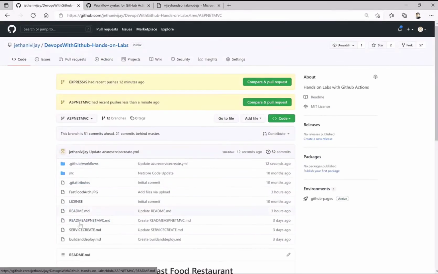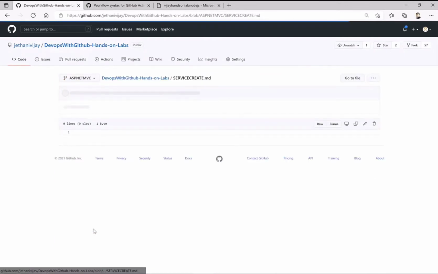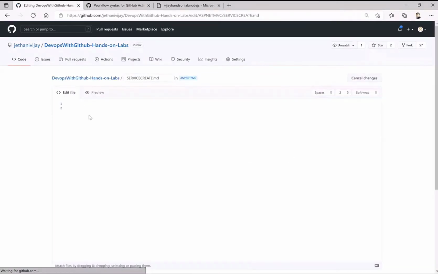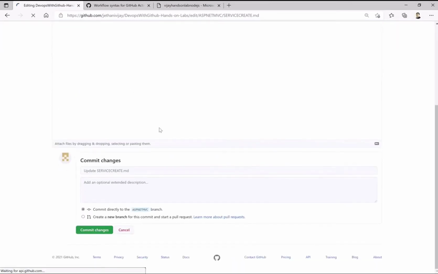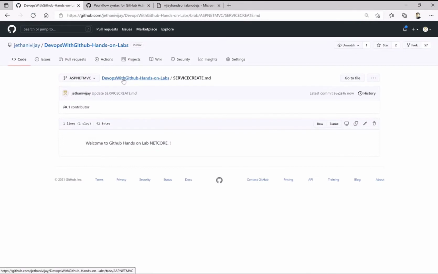Let me edit the service create.md: Hands-on lab for .NET Core. That's all. I just want to give some change to that file so that it goes and creates the services.